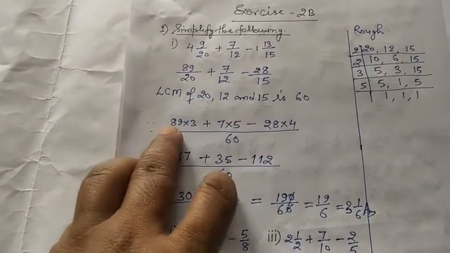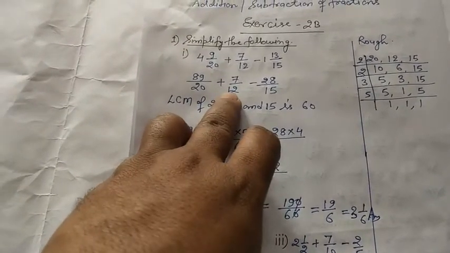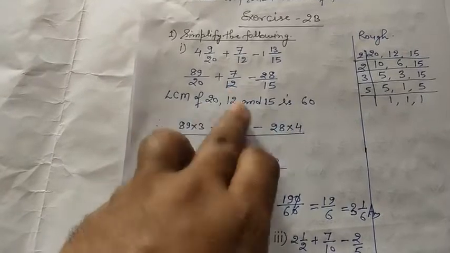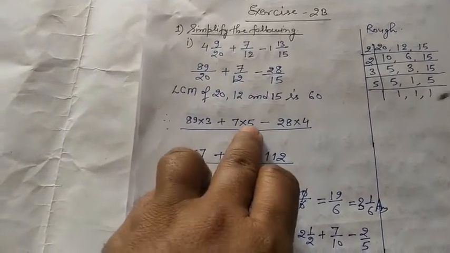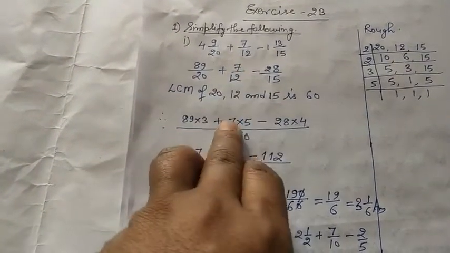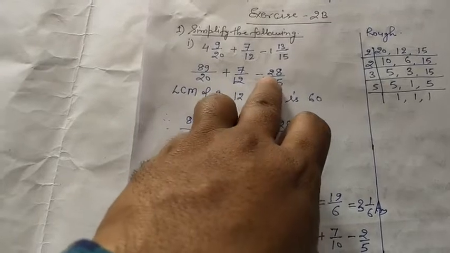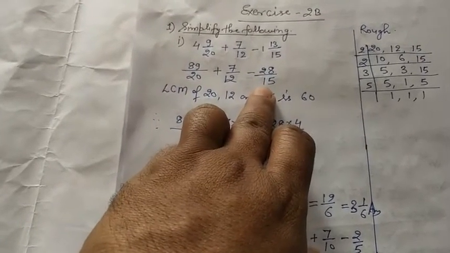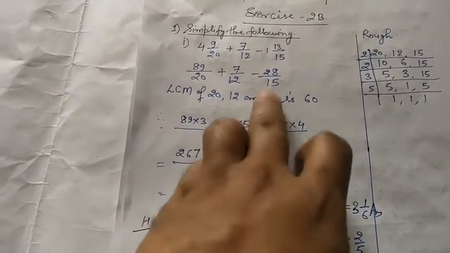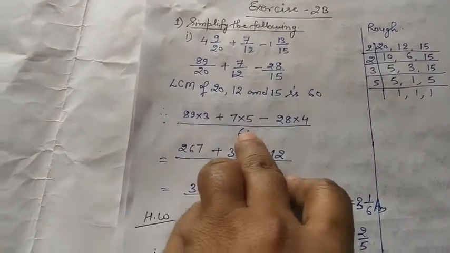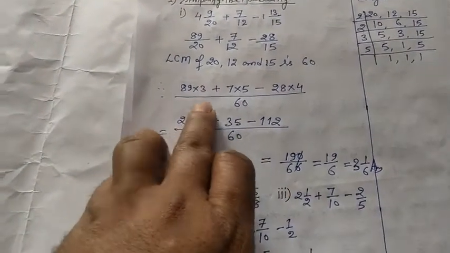So this 89 multiplied by 3 plus, when we divide 60 by 12, it gives 5. So 7 multiplied by 5 minus 28, and its denominator is 15. So this number is multiplied by 4, because when we divide 60 by 15, it gives 4. Now we simplify this one. It gives